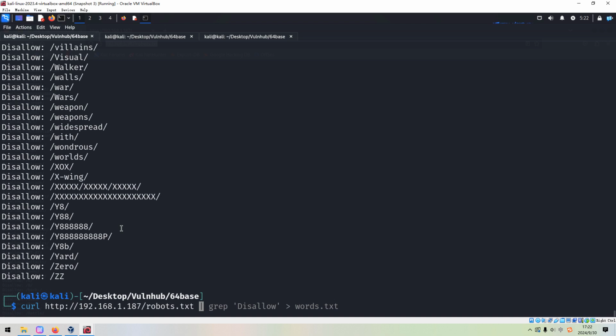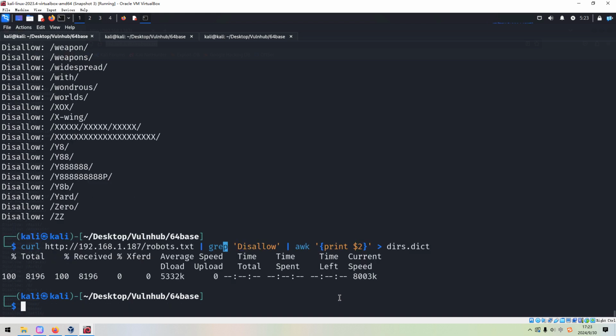Okay, so we can grep Disallow, and also we can pipe to awk to extract the second column. Okay, and we can call it like dictionary.